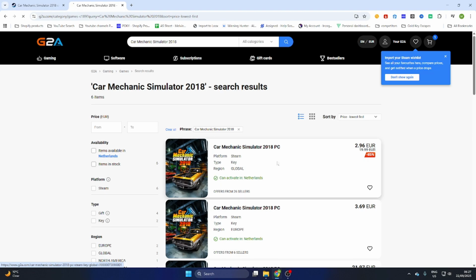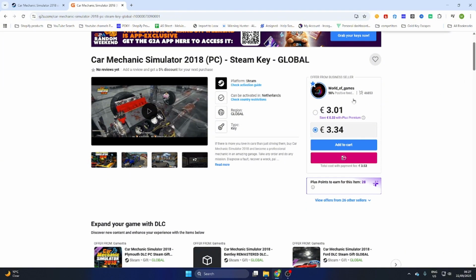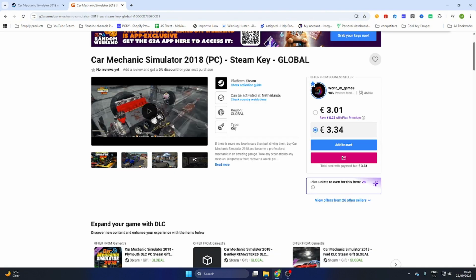Once you have found one, select it, and then scroll a little bit down and you will see that we can already download this game for just €3.01 compared to the price of €19.50 on Steam. So what we will do is purchase this game and then you will receive an email confirmation with a completely new legit Steam key to activate this game on Steam and download it on your PC